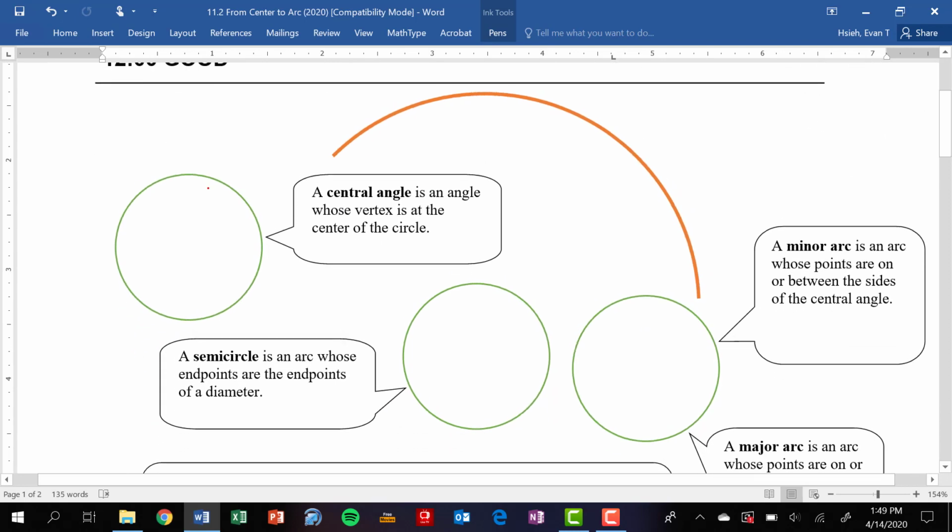A central angle is basically an angle whose vertex is at the center of the circle. So that would be a central angle right here. And of course, a semicircle is where you have a diameter, and so half of the circle would be a semicircle. And if I go over here and draw that central angle in again, where the center of the circle is the vertex,